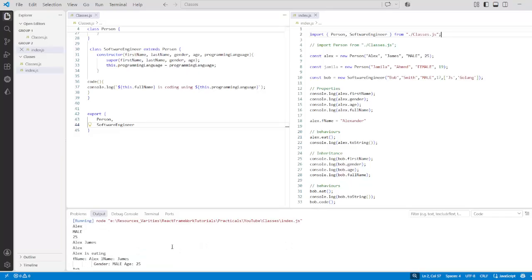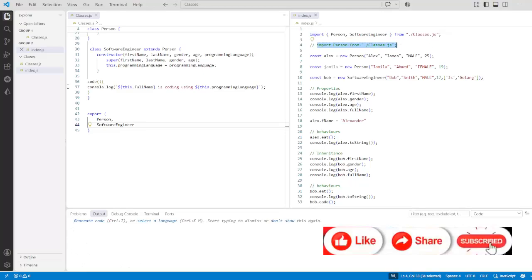Fine, working nice. When you use default export, for example, import person from